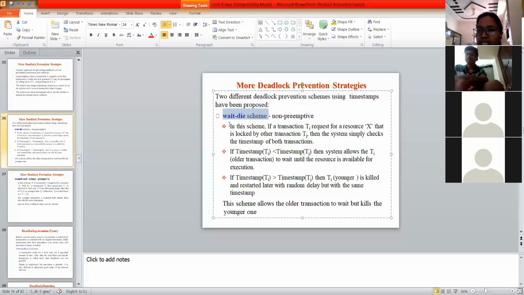Now suppose in this scheme, Ti is requesting the resource X that is locked by Tj. It means that Ti wants to read a data item which is locked by the second transaction Tj. Then the system will be checking the time